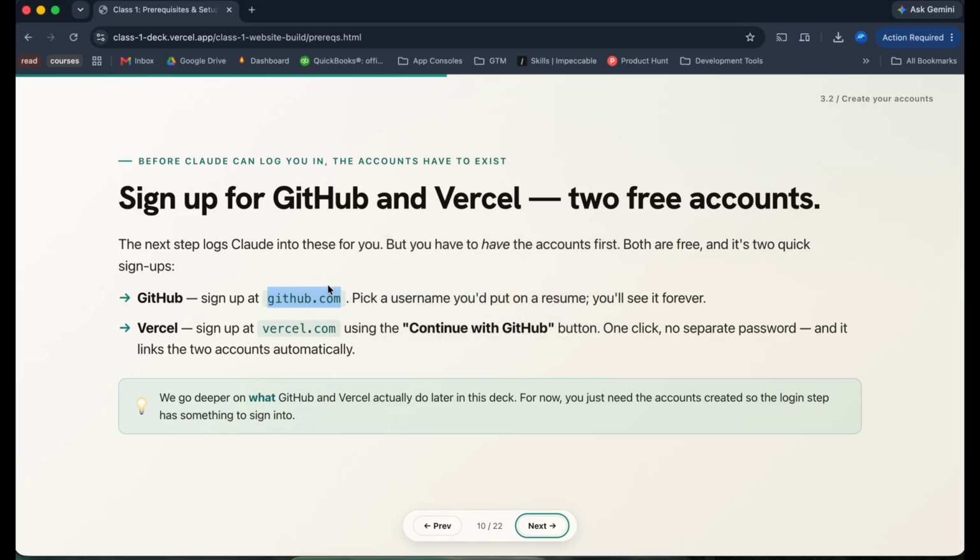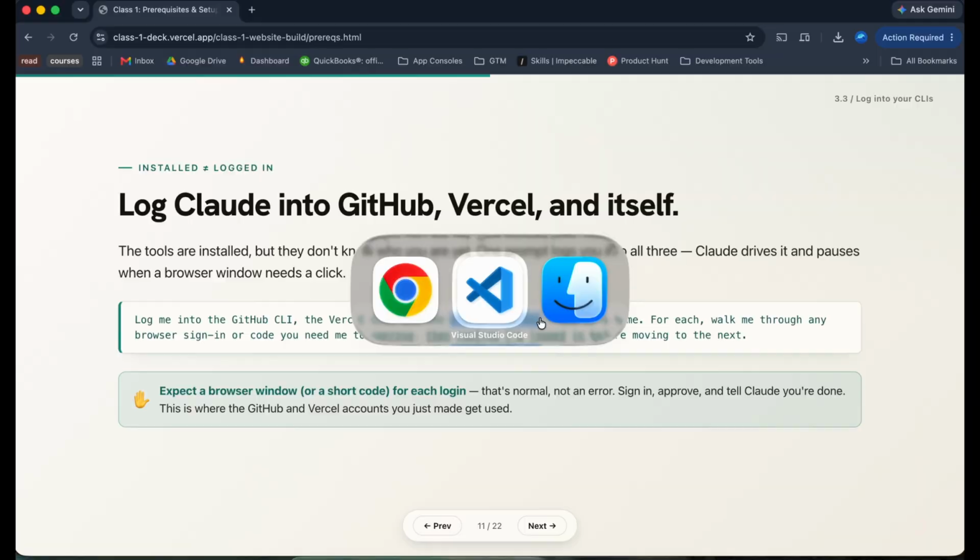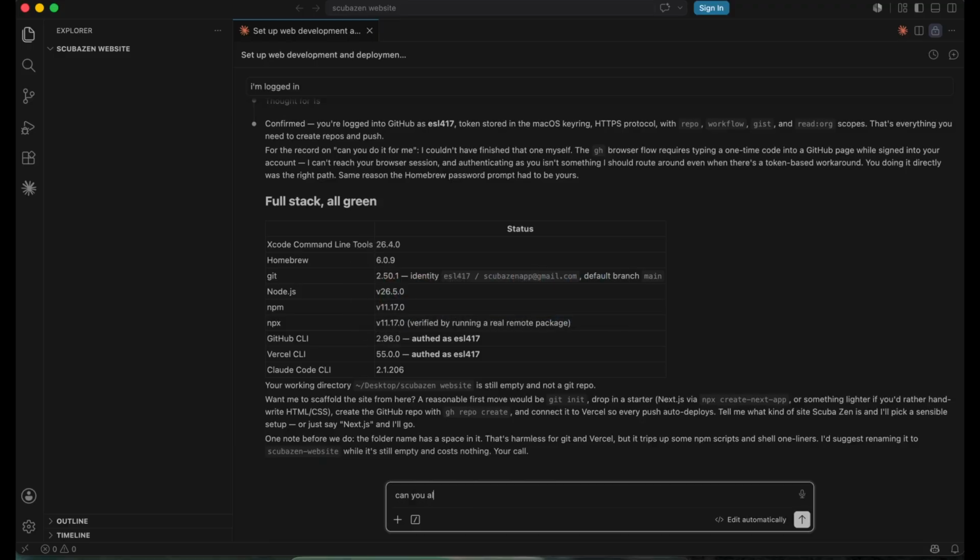But there are a few other things that we want to do just before we're set up. So this was a prompt you could use to log in, which I am now seeing. I forgot to connect to the Claude Code CLI, so let's do that real quick. Can you also log into Claude Code CLI?